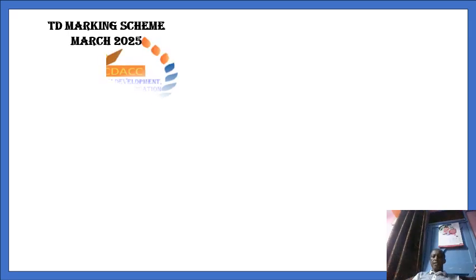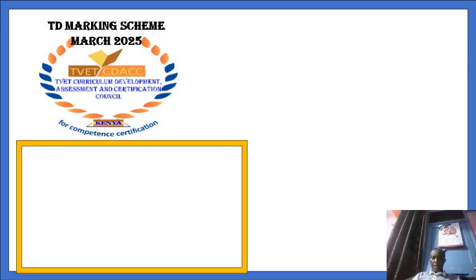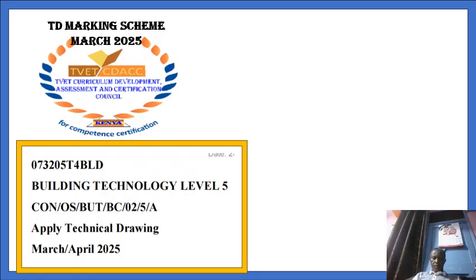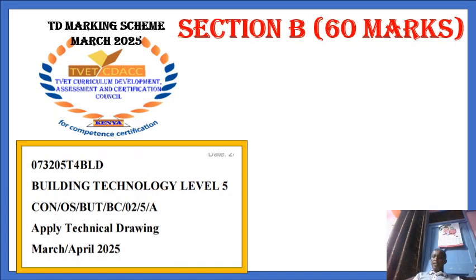that I had promised to tackle, and this is a marking scheme following the one that we did last week. It is a TVET CDACC paper, which is meant for building technology. It was done in March, April 2025, an applied drawing paper. This is section B,